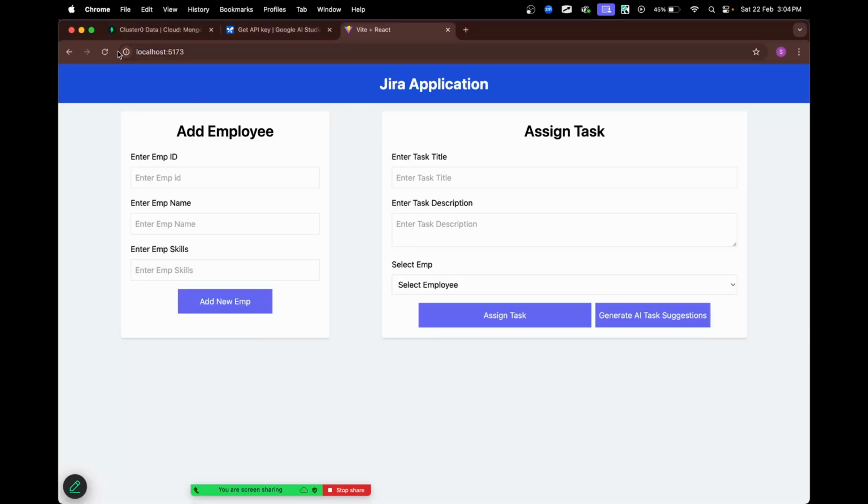All right, let's hit this. Now I want to enter a task, because until you click on the generate AI task suggestion, it won't hit the API. So it will be a savior for us. We won't be hitting the APIs again and again. Okay, so enter the task title,